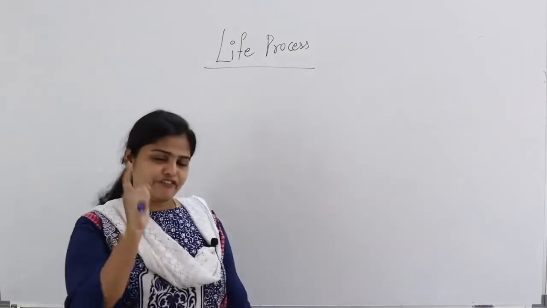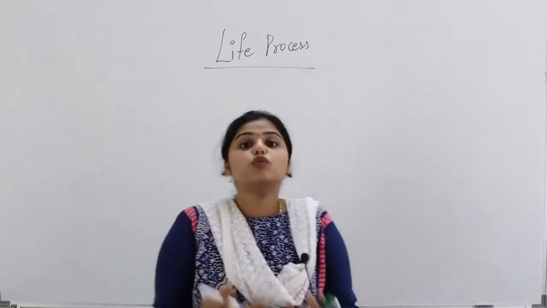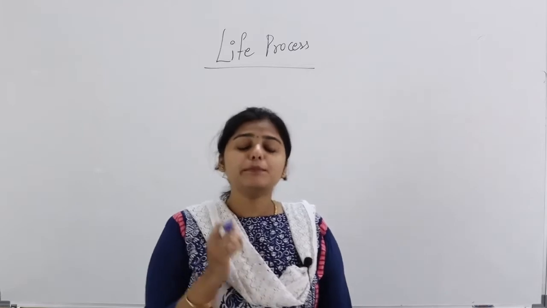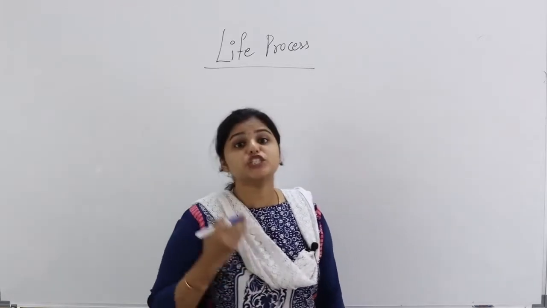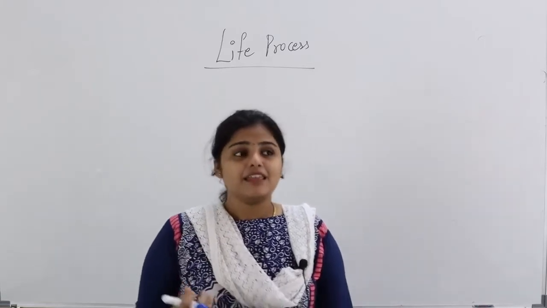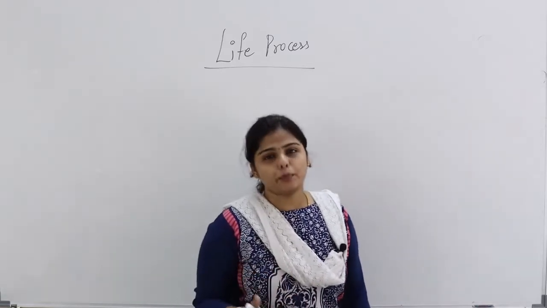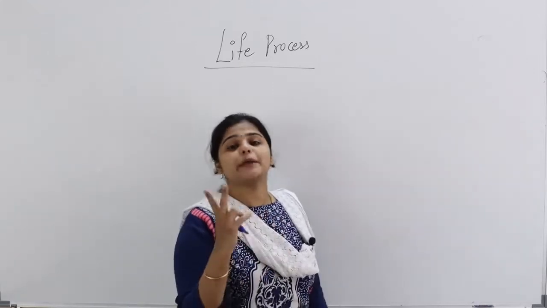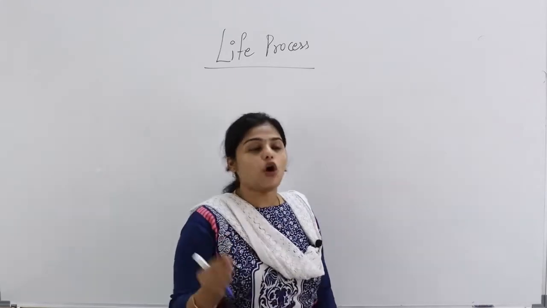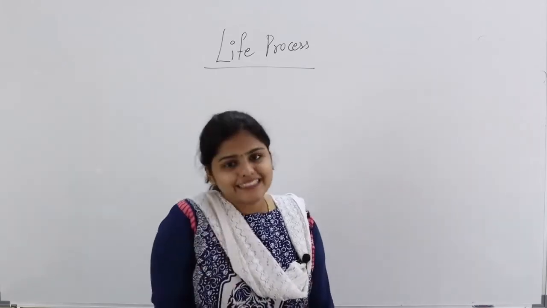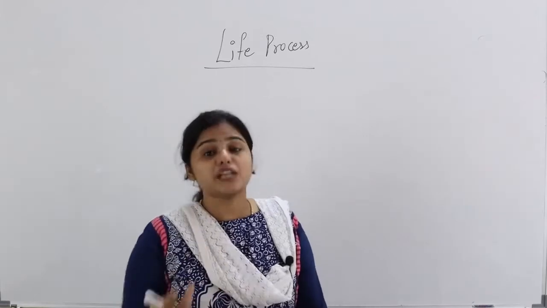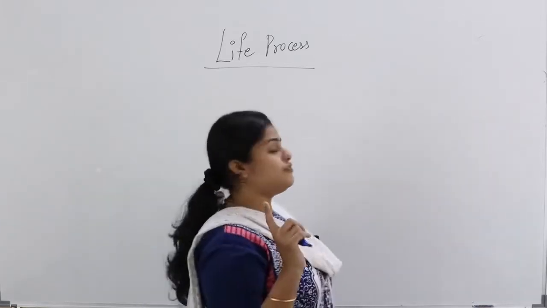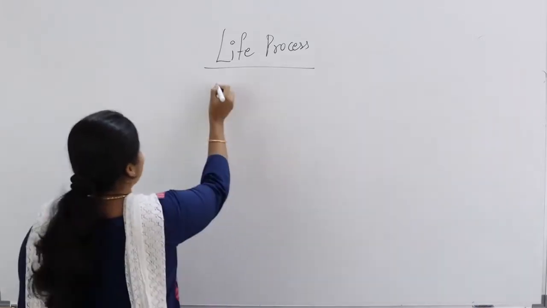So students, I have explained to you how living organisms get their food. I have talked about plants and I have talked about animals. Now the most important part of your chapter, which you are going to study in very detail. The name of the topic is autotrophic nutrition in plants. I have told you there are two types of nutrition occurring in an organism. One is the autotrophic mode of nutrition, second is the heterotrophic mode of nutrition. We are supposed to study both these nutritions in detail. The first one which we will study is